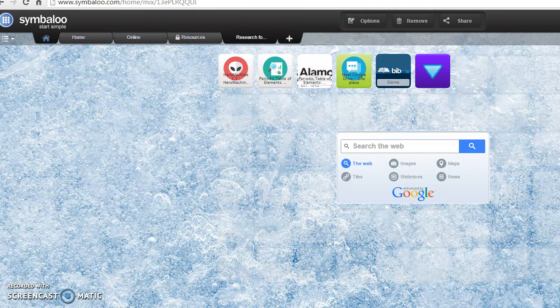And the great thing about Symbaloo, if you haven't used it before, is that here you can create what's called tiles. You can create tiles which will harness all of your information, kind of like a bookmark for your references. But the great thing as a teacher is that here's the share tab. The students can share their Symbaloo page with me, and there I can check their references. So I think this is really great, and it helps the students become more accountable for the websites that they